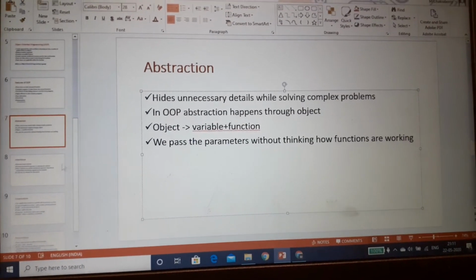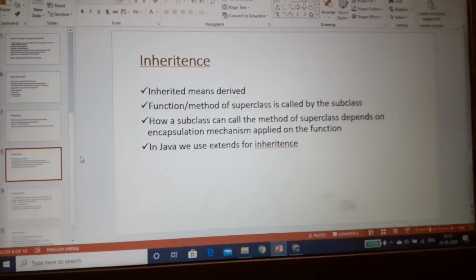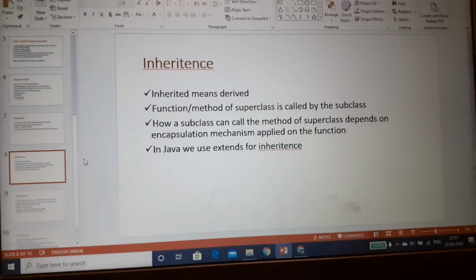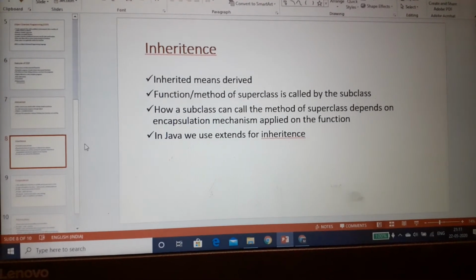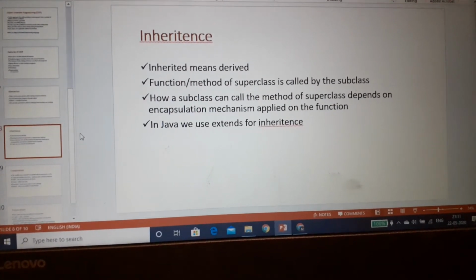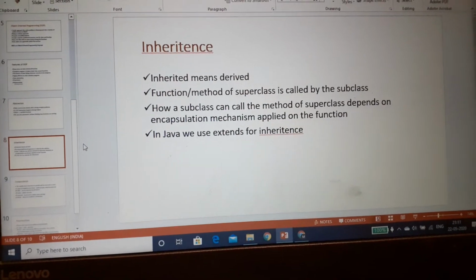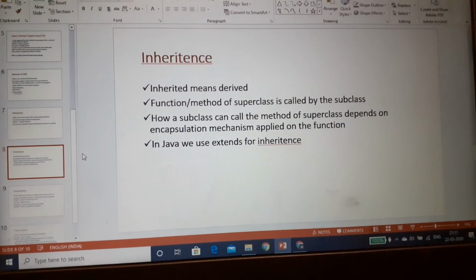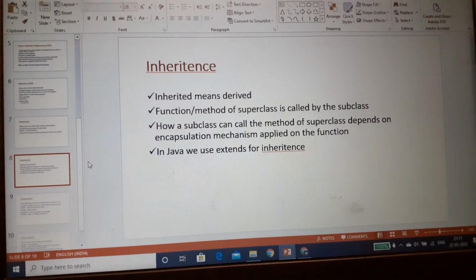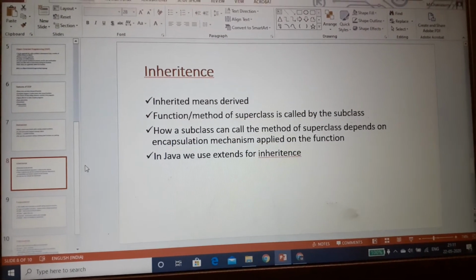Next concept is inheritance. Inheritance means derived. We derive some properties from our parents, and our offspring derive some characteristics from us. This is the example of inheritance among living creatures.